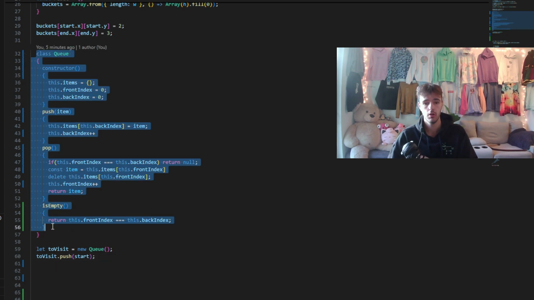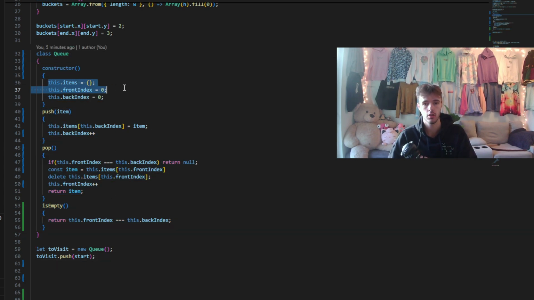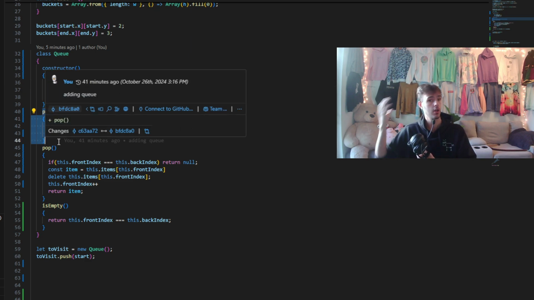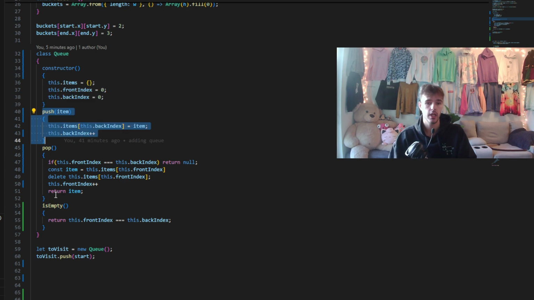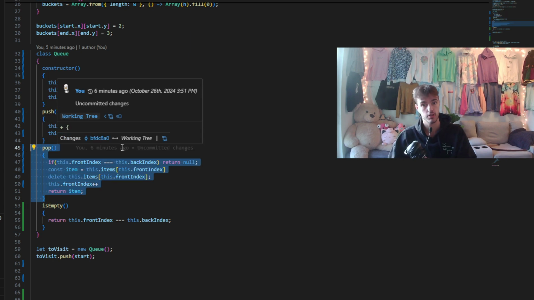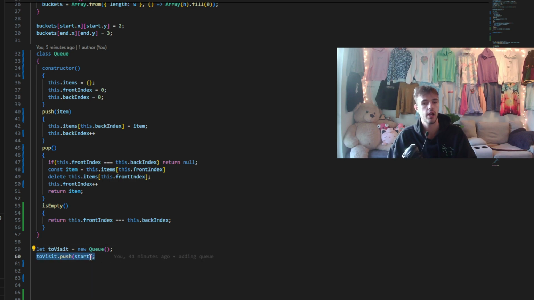So now we have our queue. This will allow us to store the places that we want to visit in the items. We can push a new item into our queue to say we want to visit here, and then we can pop an item off of our queue to visit that location. We have now pushed our starting index, so the place that we want to start, onto our queue, saying visit